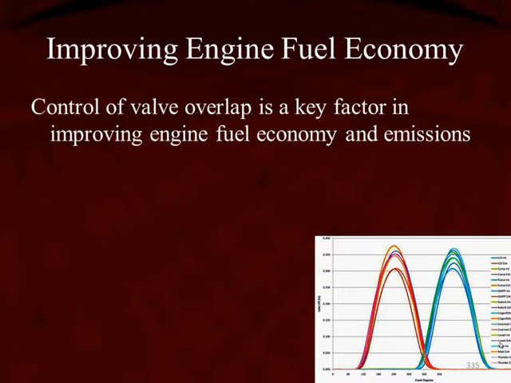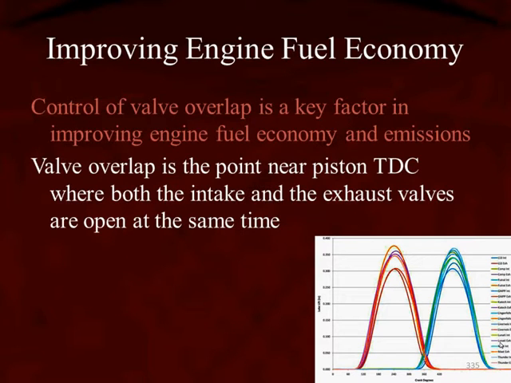Now, we also can improve fuel economy with cam timing. The control of the valve overlap is a key factor in this. Now, valve overlap is the point near piston top dead center where we have an intake and an exhaust valve open at the same time. The graph in the bottom shows the red color graph that represents the exhaust valves, while the bluish one represents the intake. And we can see that it's just not one line for each, it's multiple,